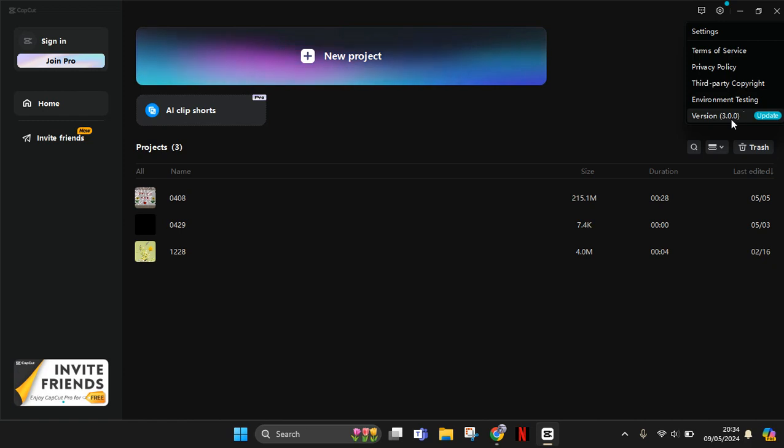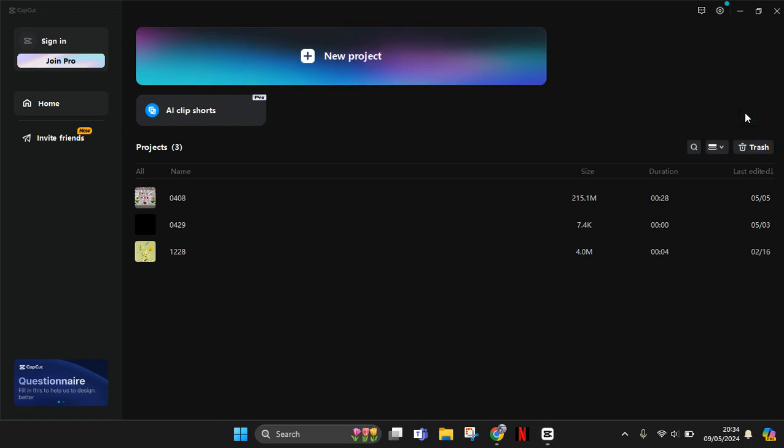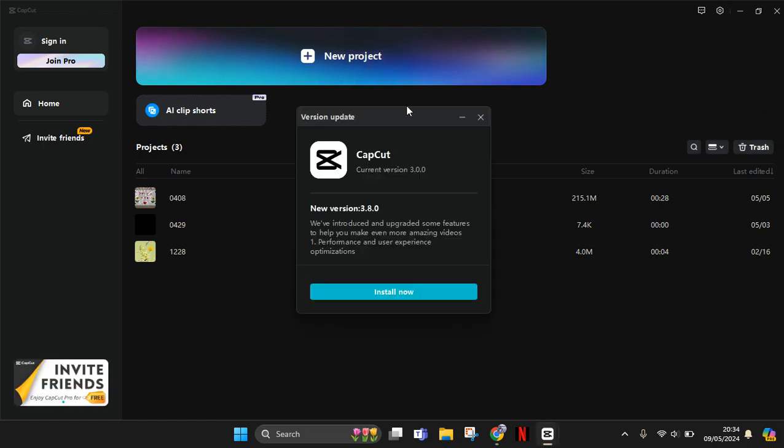So my CapCut is not on the latest version, so if you want to update it, you can just click on this version and there will be this pop-up. So you can see this is the new updates of the version. Now the newest version is the